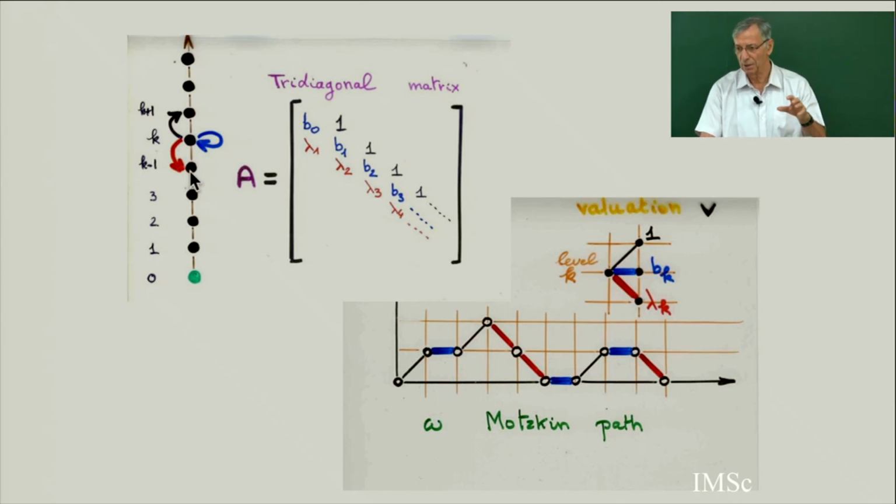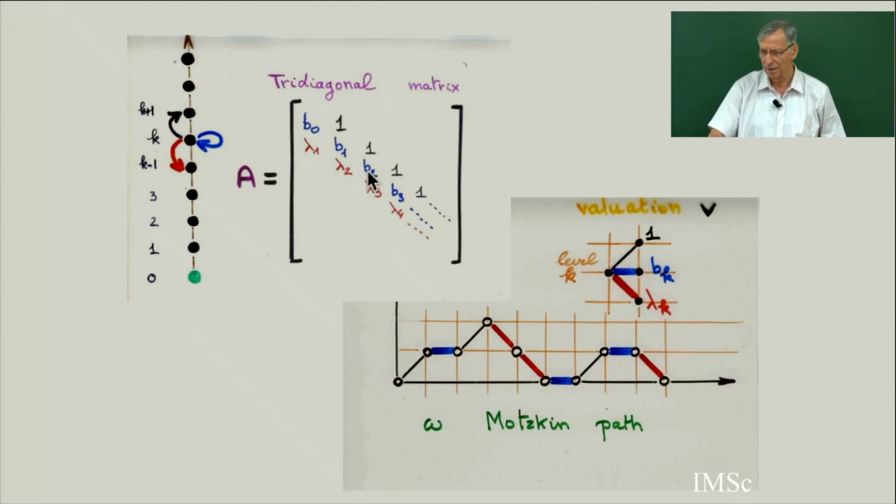So this is what is called the transition matrix. If you take the power n of this matrix, then this will give you the sum of the weight of all the paths of length n, and the coefficient ij will be the sum of weight of paths starting at level i, ending at level j. So orthogonal polynomials can also be defined from this, as the determinant of this matrix minus xI.